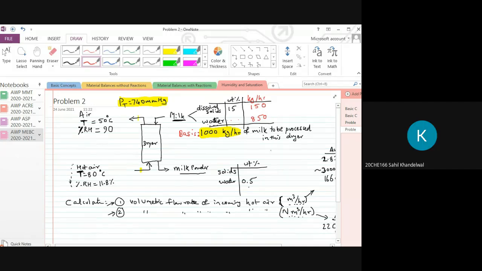Now what did you do? Sir, the solids remain the same, so the 150 kg. It is not kg, it is kg per hour, isn't it? Because it's a continuous process. Milk is coming in continuously, air is coming in continuously, air is going out continuously. Milk powder is getting produced from this dryer continuously. So we are talking about a per hour basis. So the solids remain the same, the tie component, 150 kg per hour, and this solid must be 99.5 weight percent, and therefore water must be